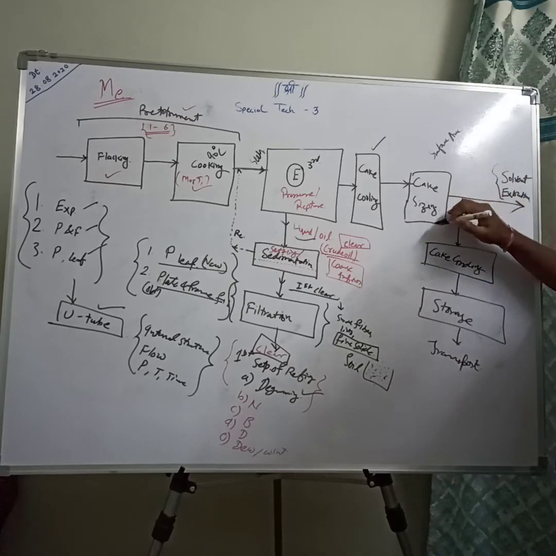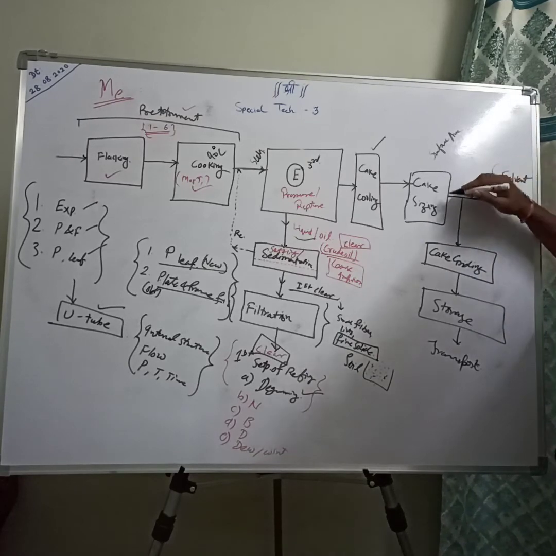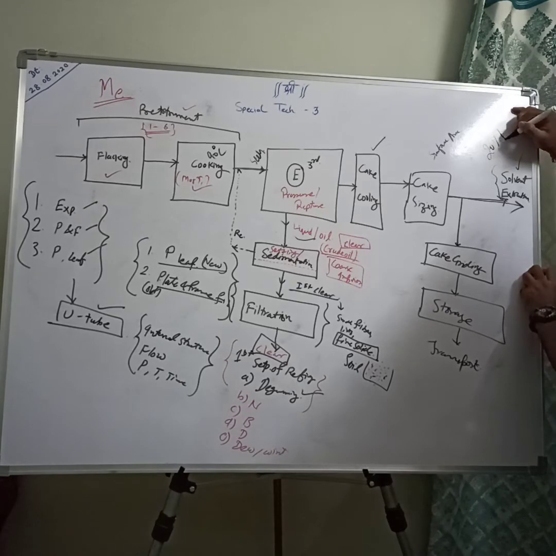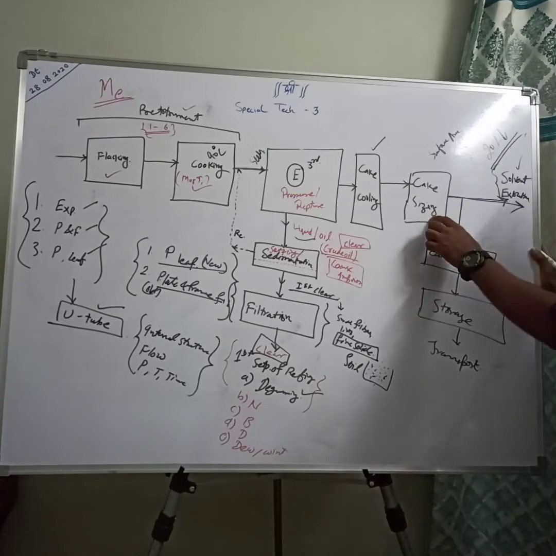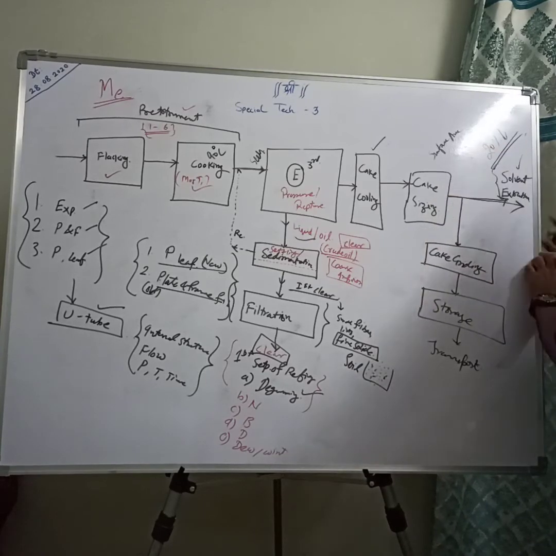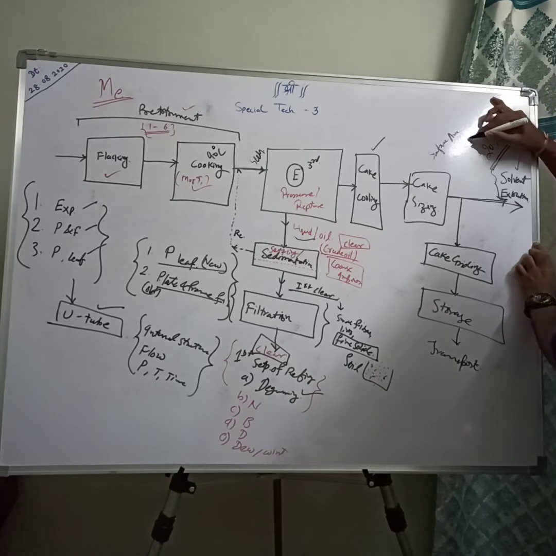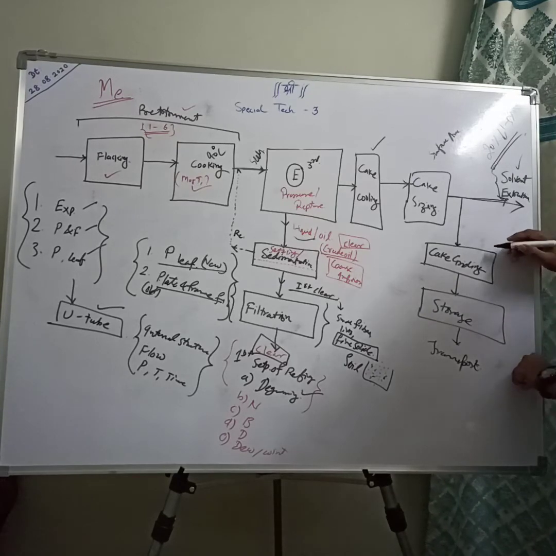So before that cake sizing is necessary, and the oil cake is sent for solvent extraction if the oil content in the cake is above 20%. Then if the oil content is very less, around 5 to 10%, or below 5%, in between 1 to 5%, then it is sent for cake